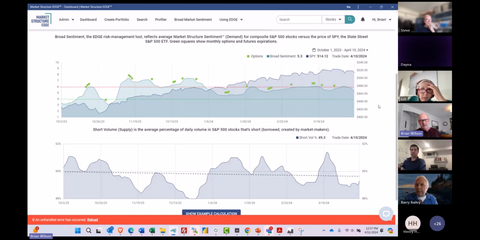One thing that I like to do in my trades whenever possible is try not to trade against the market. In other words, my best chances for gains is when broad market sentiment is stable or rising and when short volumes are low. Here's an example right through here. We have low short volumes. We have very stable broad market sentiment. If I'm going long in that market environment, I'm generally not going to be trading against the market. I have better chances for posting gains. So that's the B component, what's happening from a broad market perspective.